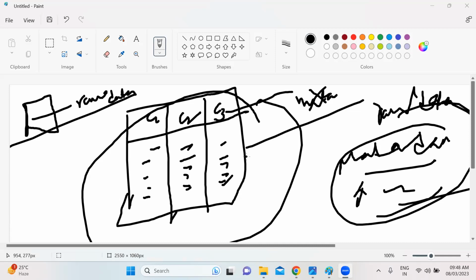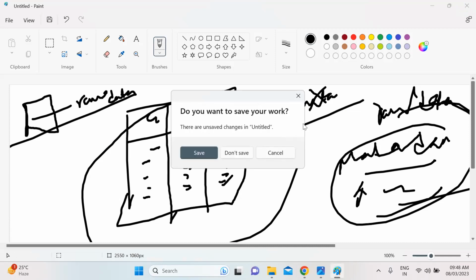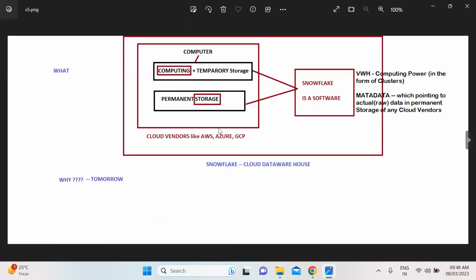Now you have to notice what is raw data and what is metadata. With the help of metadata, Snowflake will point to your actual storage, called S3, Azure Blob, or GCS storage, whatever it may be.